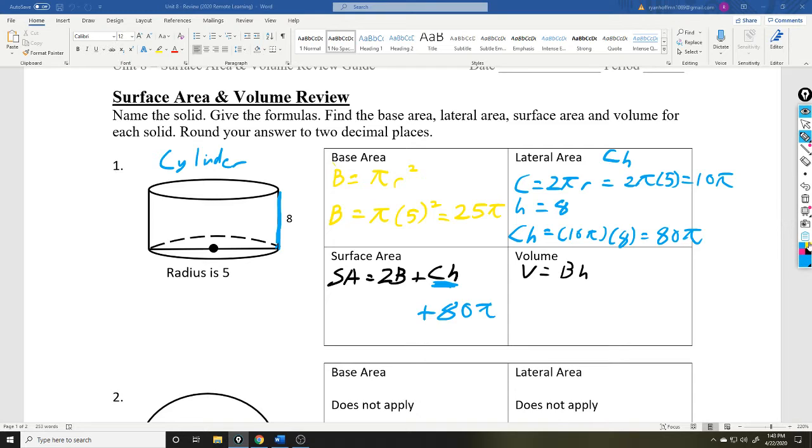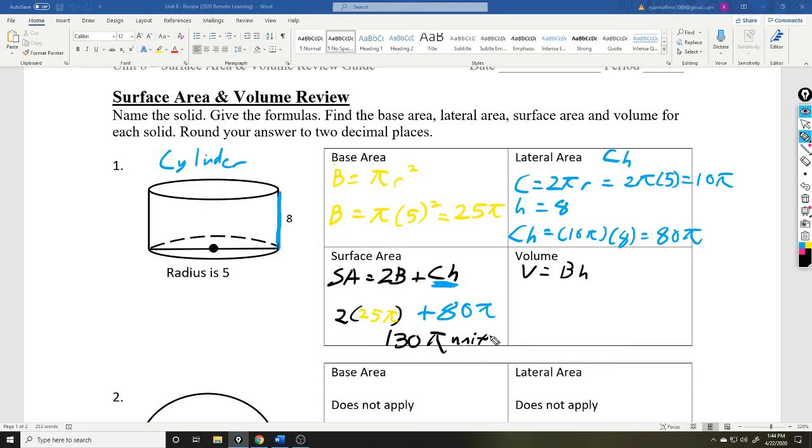Then plus twice the area of the base. 2 times area of the base. Area of the base is 25 pi. So we've got 2 times 25 is 50. So 50 plus 80 is 130 pi